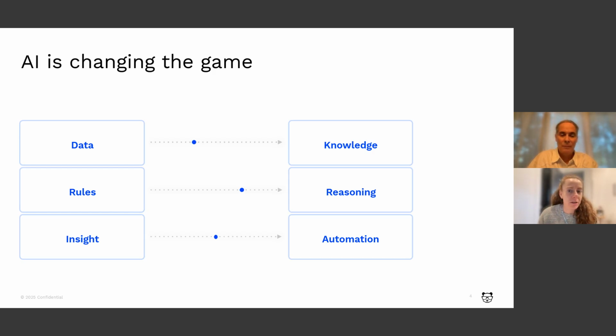But what we're seeing is that these are all gaps that AI can help to fill, right? And I think the crux of that comes down to the fact that AI and agentic does not require just looking at all that structured data and all of those very heavy static rules. It really can make do with what we're calling knowledge, like unstructured, semi-structured data. And that allows you to really rethink your data strategy.